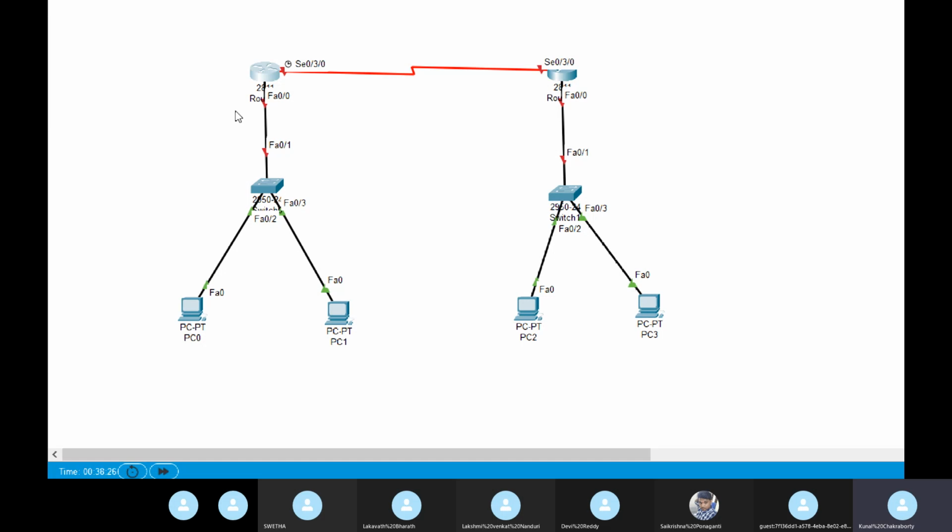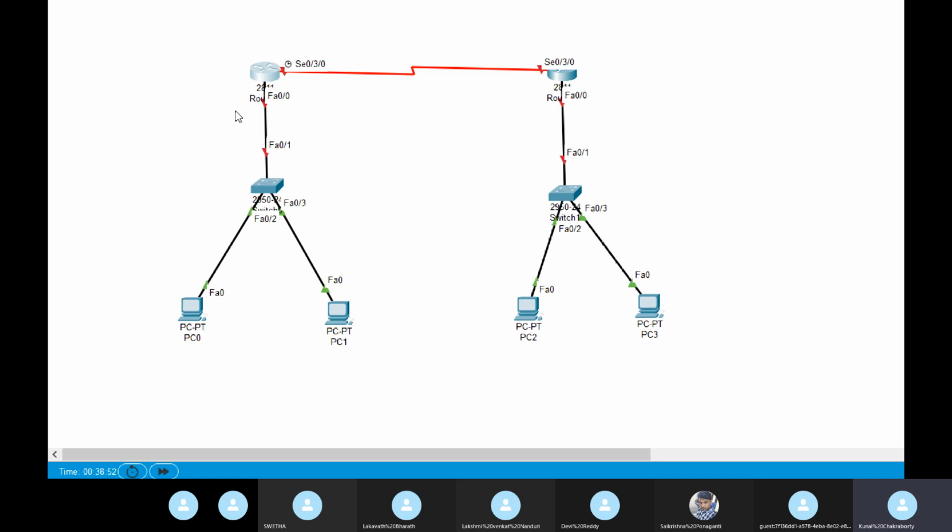For example, 192.168.1.0/24 gives 256 IPs, not more than that. 192.168.2.0/24, 256 IPs. It's like that.